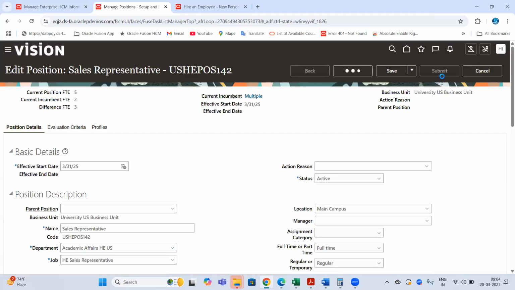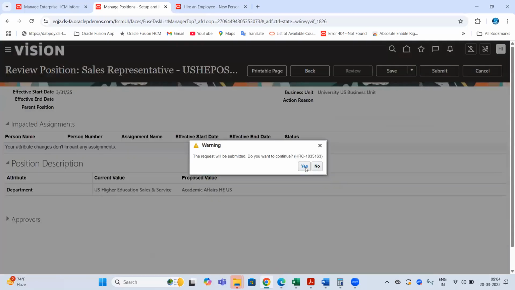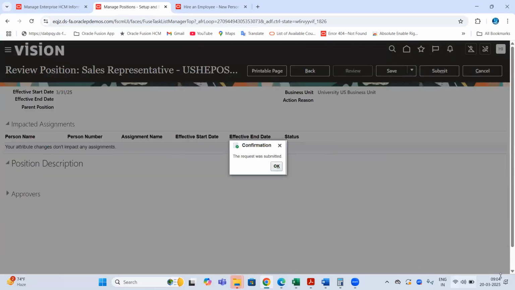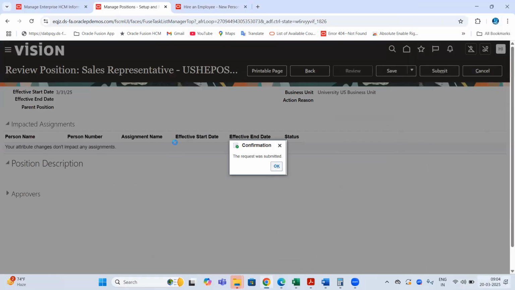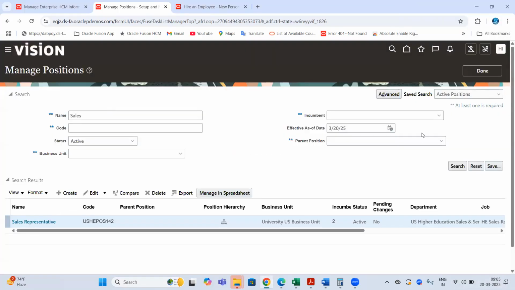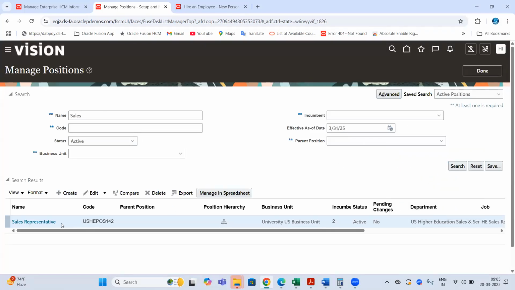Review and submit. Submit. Now see team, to my position in the system, there is a future dated updation I have performed. Today is 20th March, but I did it with an effective date of 31st March. So if I search with that, 31st March, okay, then if I go to the position,